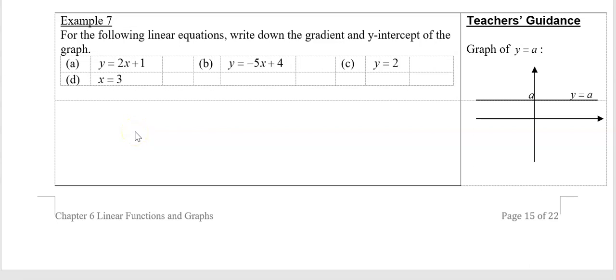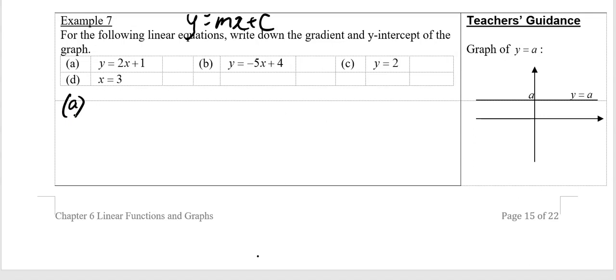Good day, everyone. So the next question we are looking at is example 7. Remember that we have just learned about y equal mx plus c. So m represents the gradient and c represents the y-intercept. So for part A,